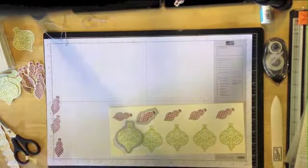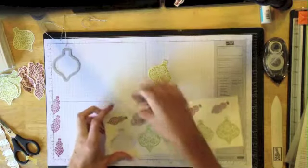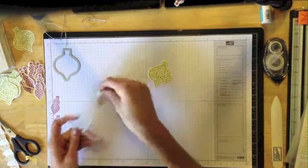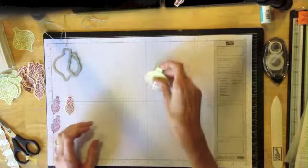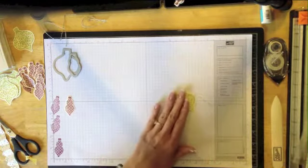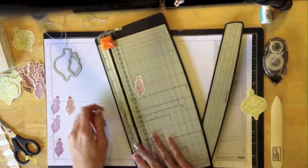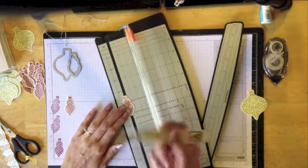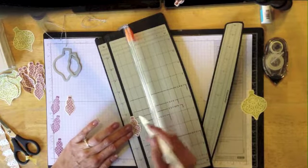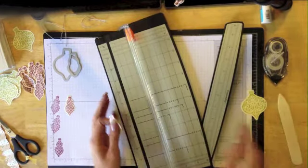And after you have done that, you're going to take those out, and then you're going to score 15 of them in half lengthwise down the center. And then you're going to leave 5 of them, of each one, just flat. I found that the easiest way to score them was with my trimmer. You can use your Score Pal or score mat, the scoring tool, whatever you have. I liked this one because I can line up halfway and it's easy. But you're going to do that with 15 of each one